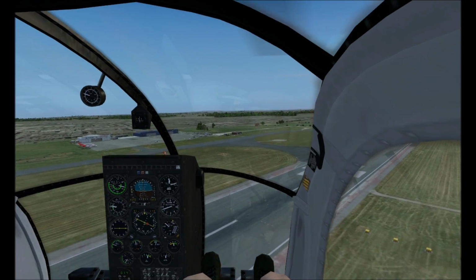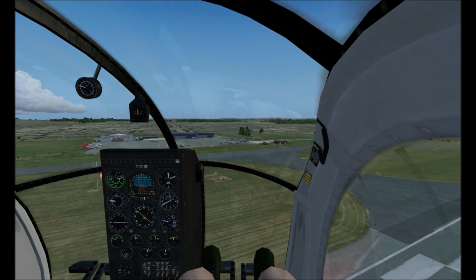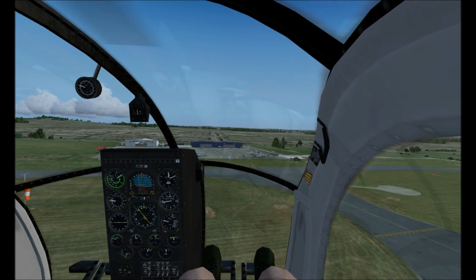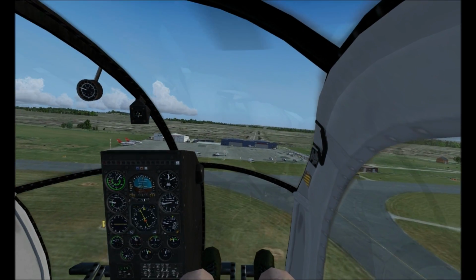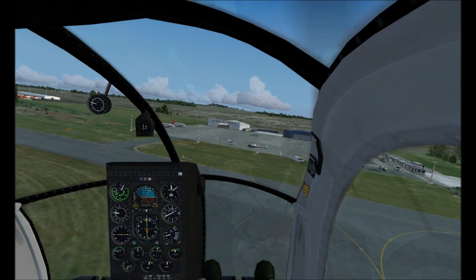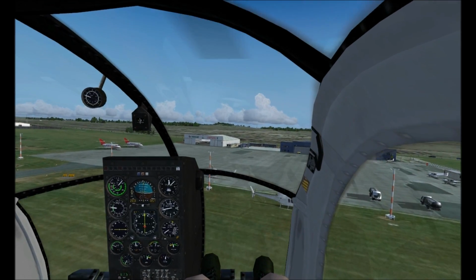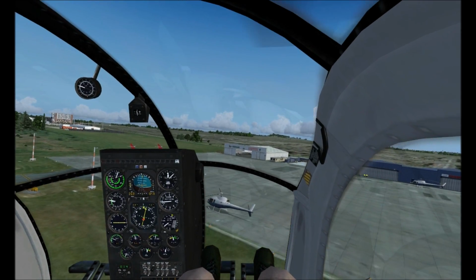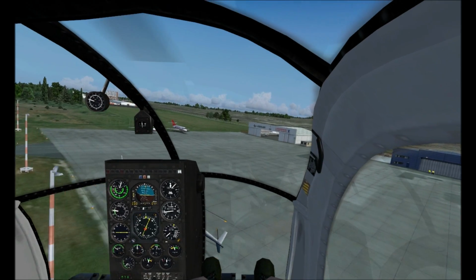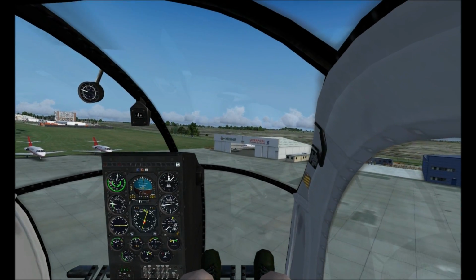You can see on the nose there the little orange and yellow thing, and it looks like we haven't really got a lot of wind, maybe a little bit. I'm probably landing into the wind here. So I'll swing this thing around and come in for a landing on the general aviation area, and that will be completing our tour of Liverpool John Lennon, which, as I say, has general aviation, business aviation and commercial aviation,